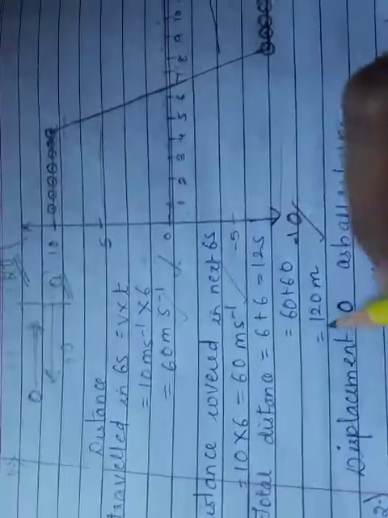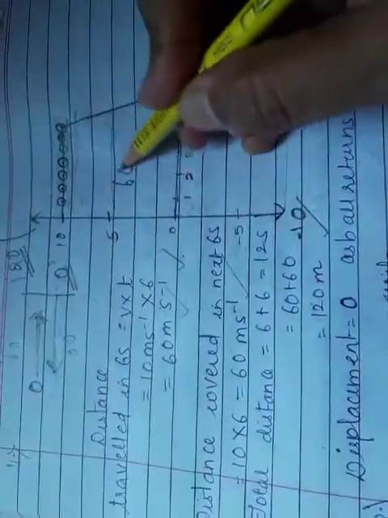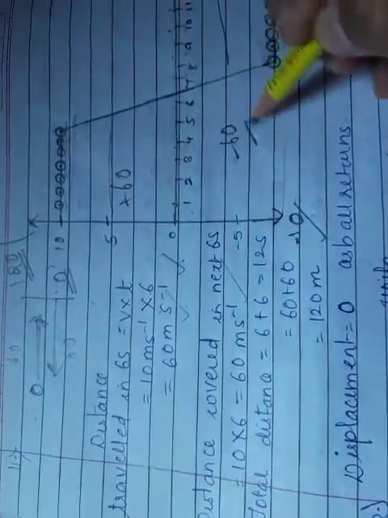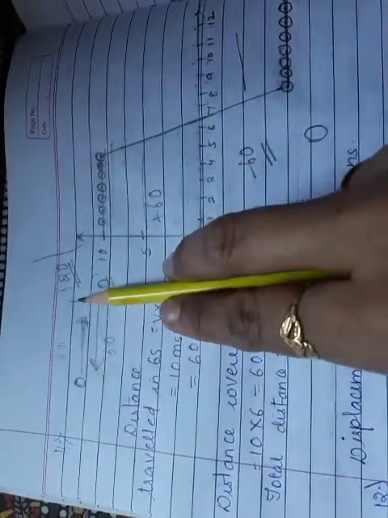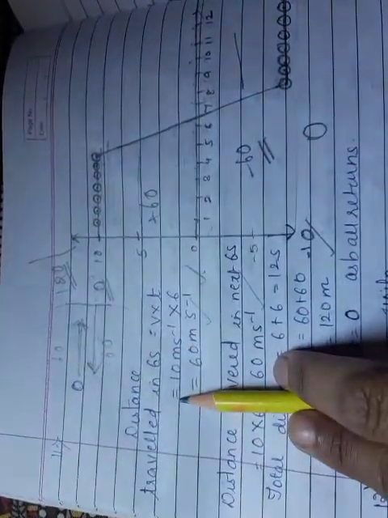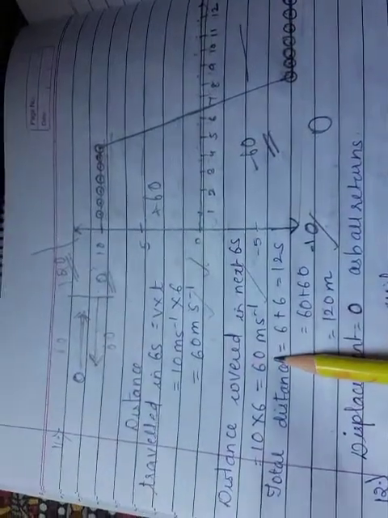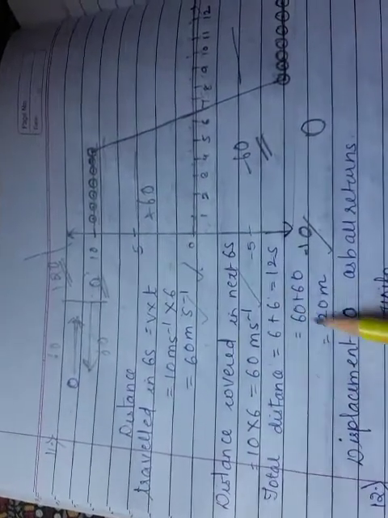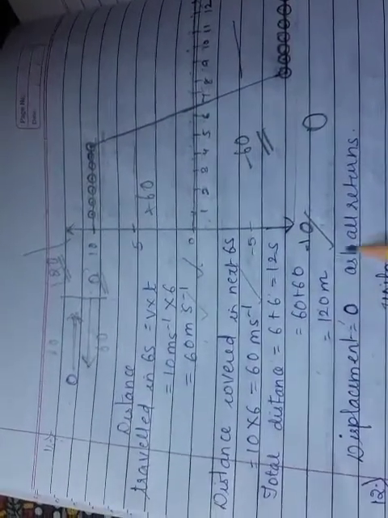Displacement is 0, right? How can we say 0? Plus 60 minus 60. So how much will be the displacement? 0. So did you understand this? What happened actually? The ball was traveling, hit the surface, came back again. So distance in 6 seconds is this much, in another 6 seconds this much, total distance 120 meters, but displacement is 0. Okay, now the last numerical, the 12th numerical, we will be going through it.